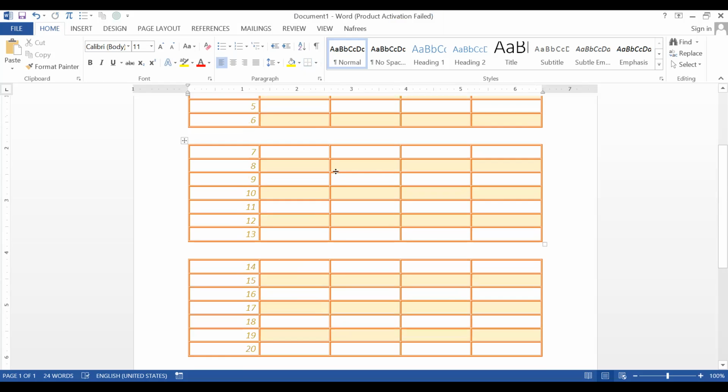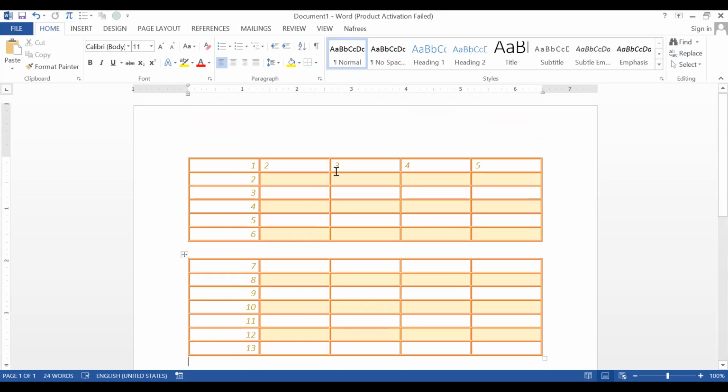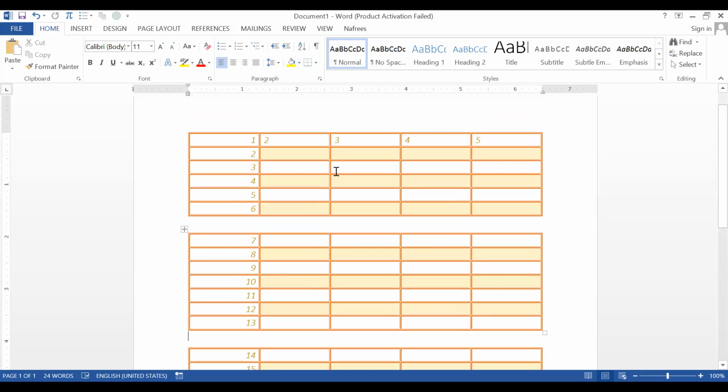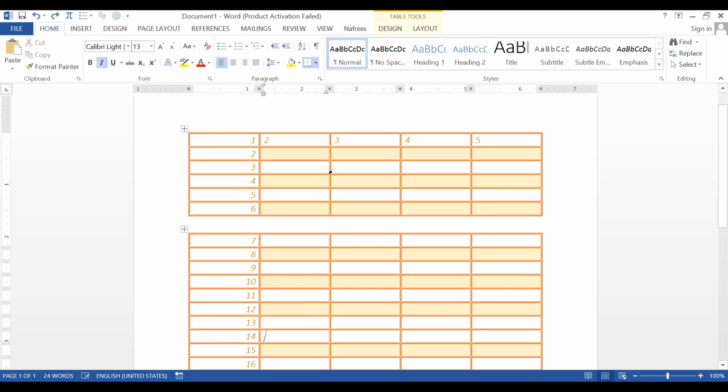Look at here. So again it split. So these split options help us in 2 different ways. One is to split a single cell into multiple cells. Second, split a single table into multiple tables. Okay, so that is the purpose.